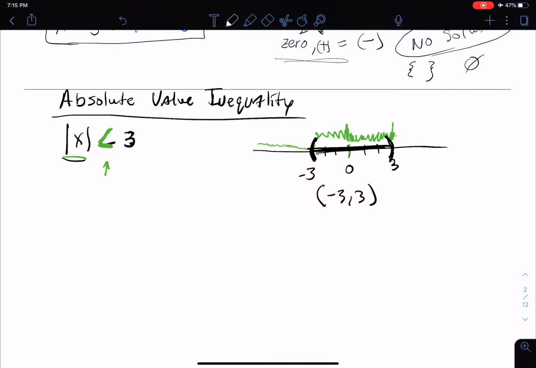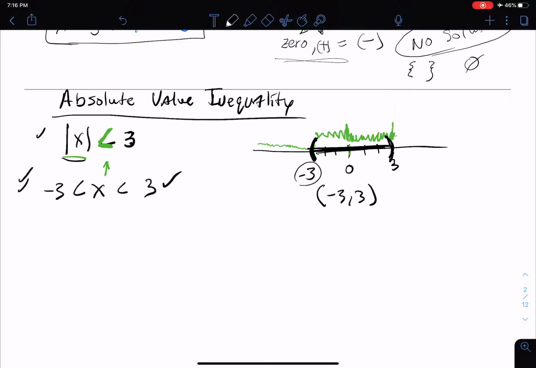Well, the way you'd write that is you'd say x is greater than -3, and x is less than 3. So this actually is translated into this equivalent statement. And once you translate it to this equivalent statement, you can manipulate it and solve it and things like that. Another thing to remember, and this is the way I'd go right here, I definitely would change it to that